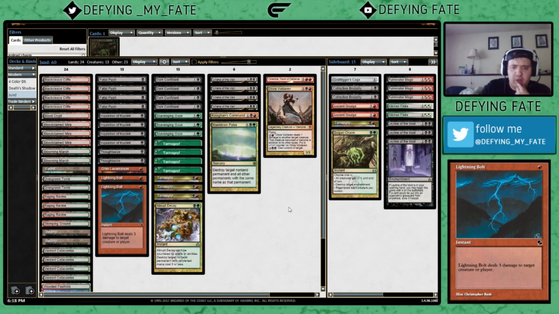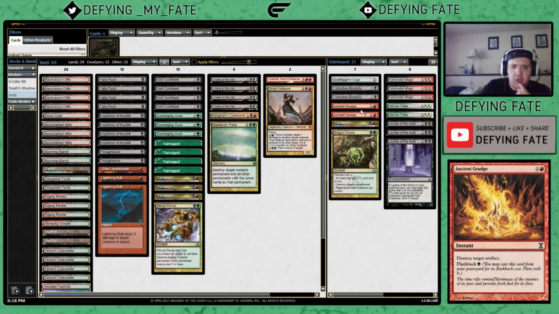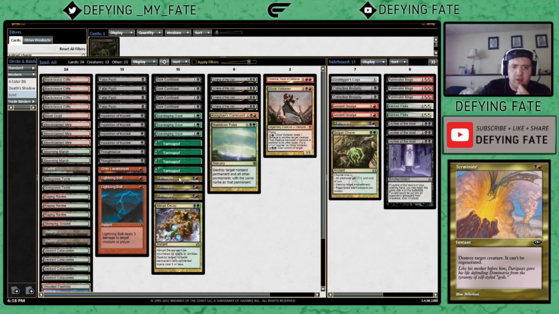What my board plan was, I boarded out. I didn't see any creatures for him, so I thought it was wise. I knew he was probably playing some version of the Thopter combo and Sword of the Meek. So we cut 3 Terminate,